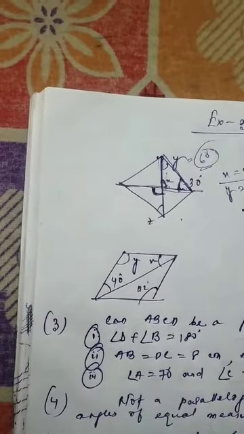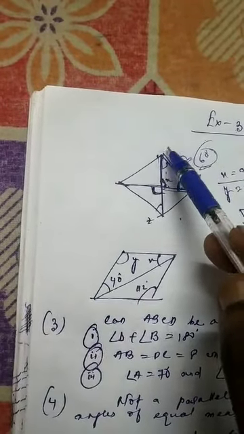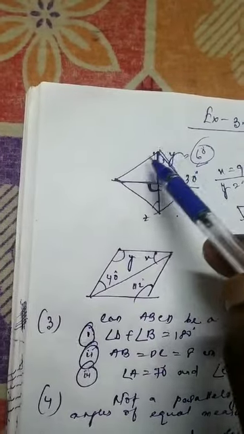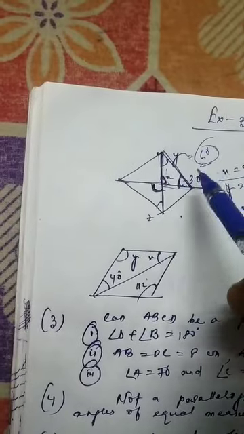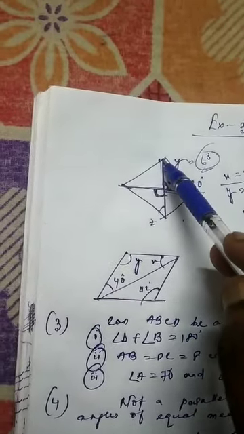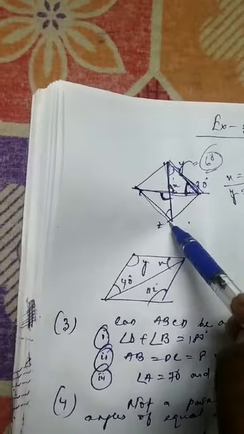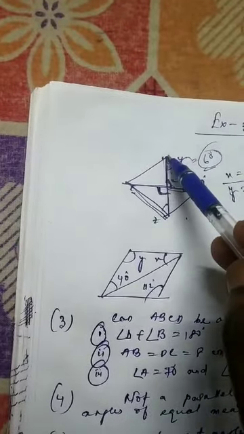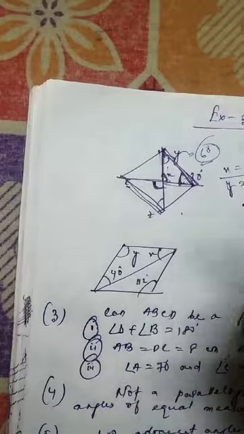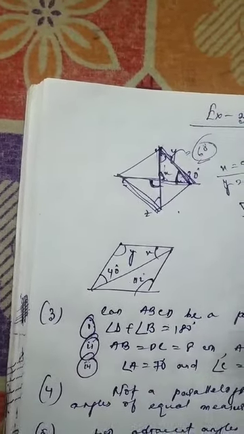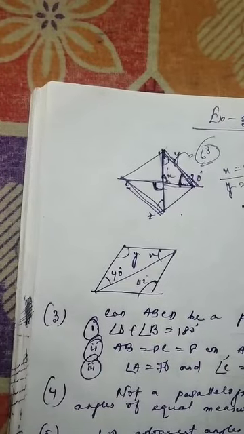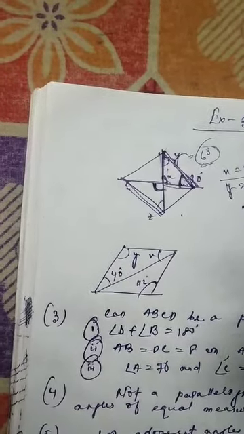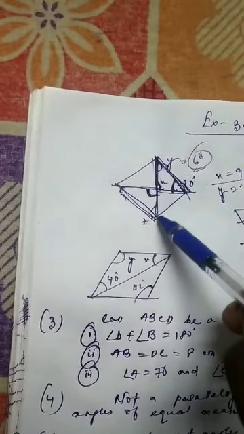Now children, we have considered this particular figure as a parallelogram. So if you slightly rotate your copy, you can see that this side and this side are parallel, because I have considered it to be a parallelogram, and we know the property of a parallelogram: opposite sides of parallelograms are always parallel and equal. So naturally these two sides are parallel, and this is the diagonal which I have drawn over here.